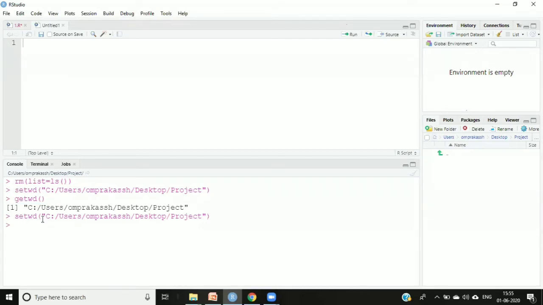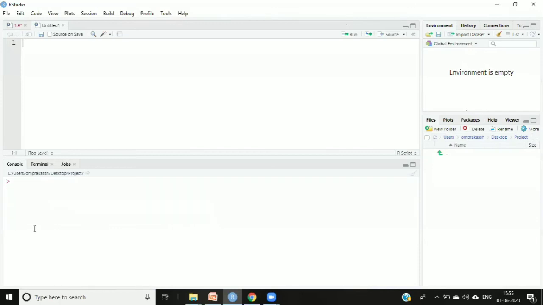Now suppose I want to clear this screen. If you want to clear this screen, you can just press Ctrl and L simultaneously, and this will clear the screen. The other way is also there, I'll tell you in a few moments. But the shortcut is you can press Ctrl and L, and it will clear your screen.